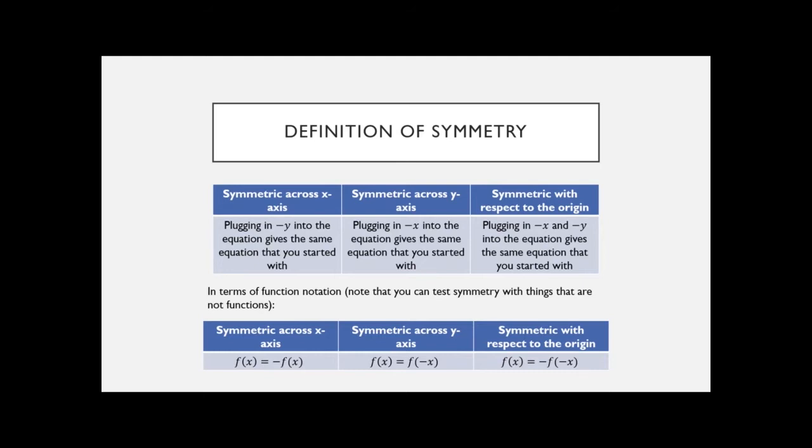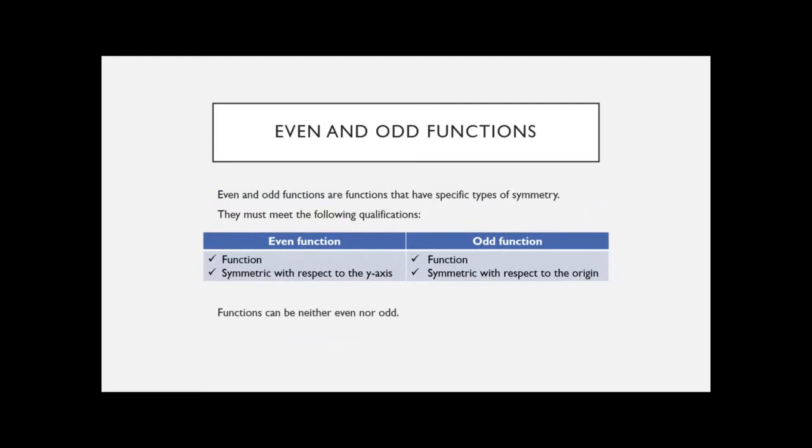The way I think about it is, if I'm testing across the x, I plug in negative y. If I'm testing across the y, I plug in negative x. So you do the opposites. And then testing across the origin, you plug in negatives for both. So I just try to think in terms of x and y, you do the opposite of what you want to do. And then for origin, you plug in negatives for both values. Now,